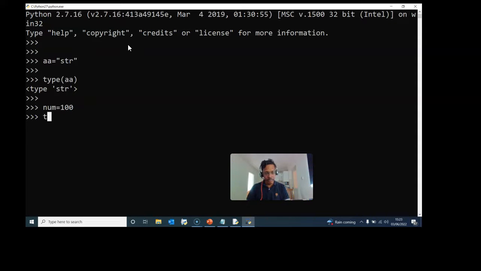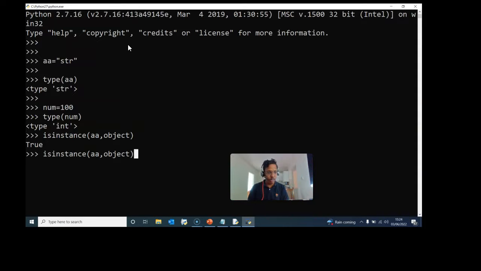To confirm that, we will use isinstance with object. It is True, and it is the same thing for num also. Even the integer is an object.